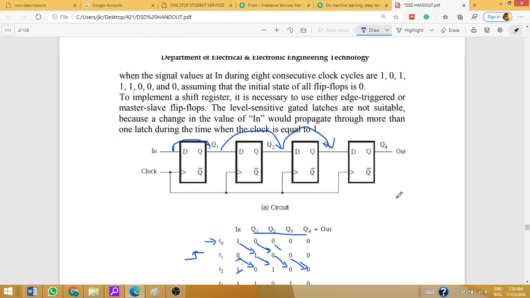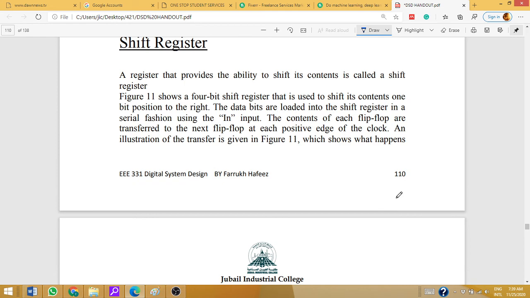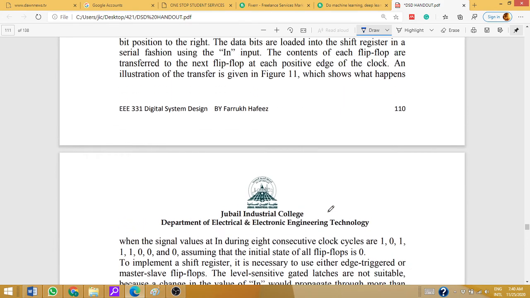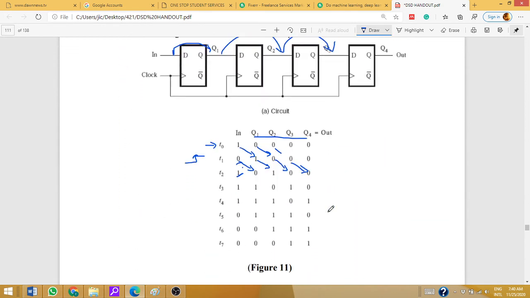This is called a serial register, and this is the shift register. The bits are moving from here with each pulse. Go through this one. It is not difficult, a very easy concept. We discussed the D flip-flop. With each clock, whatever is in moves 1 bit at a time in this way. This is the shift register.